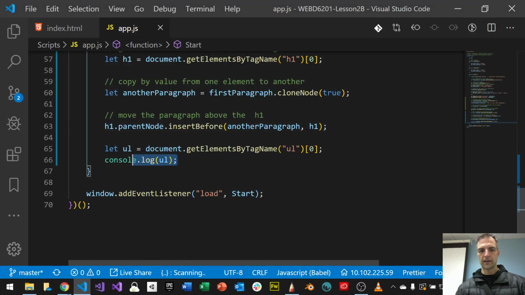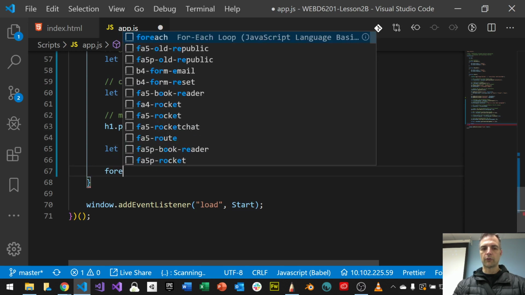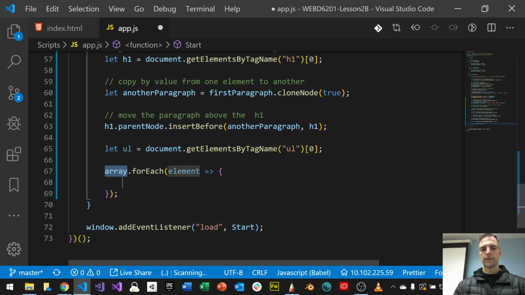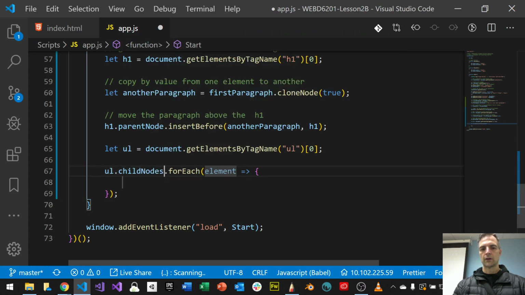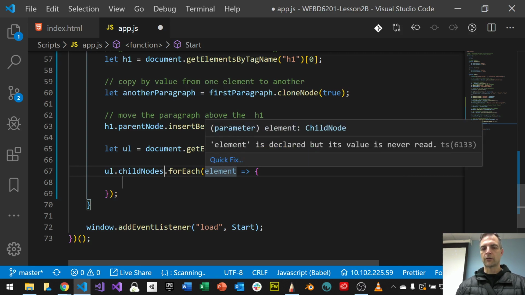So I want to wipe all of those out. So that's my UL element. So then I could use another for loop. I could go forEach, and this is another way of doing a forEach loop here. The array that I'm looping through is the array of each element in my objects. I can say ul.childNodes. So that is the array, right? The ul childNodes. And for each